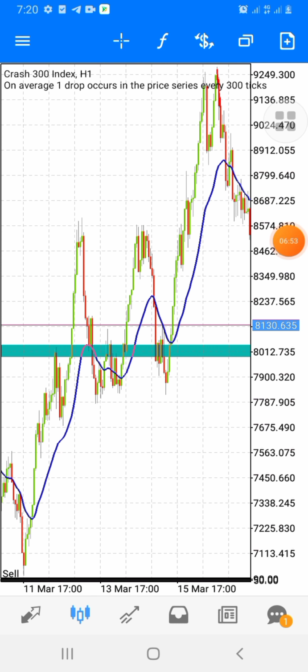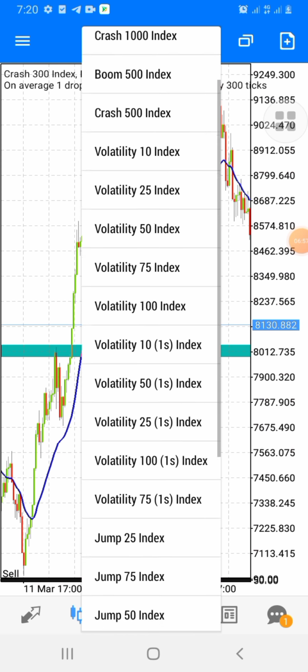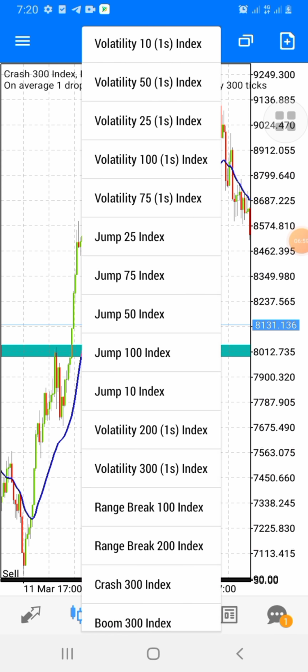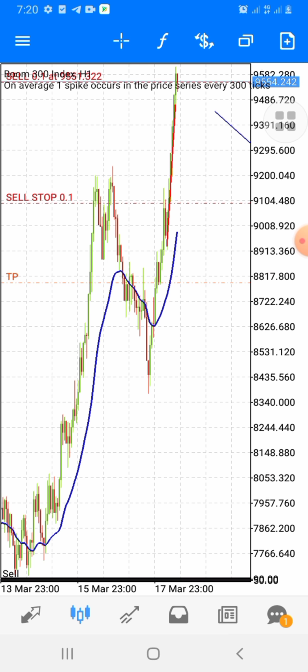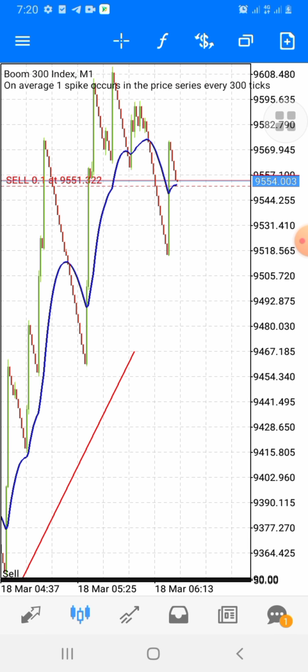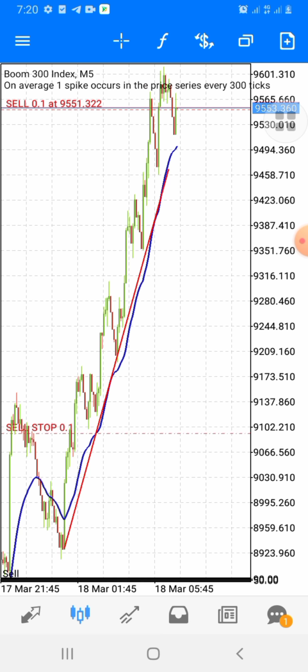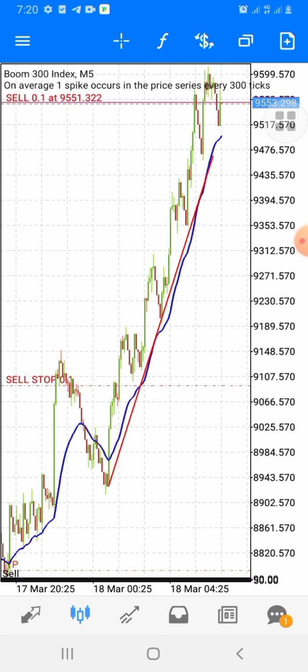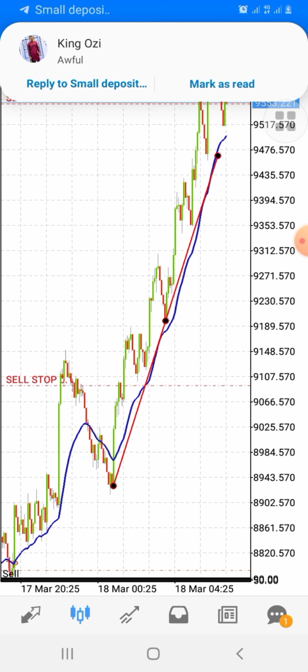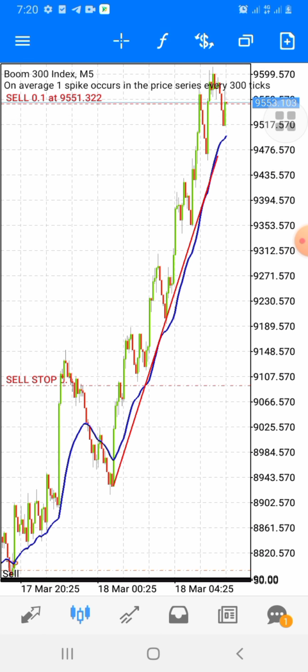Now let's also check the boom 300 again. Now here is boom 300, guys. There's a spike here. You see, I'm in a trade in this boom 300. I'm in a trade here, and then the spike happened on me. And why am I holding this trade? Because I should have closed this trade right here on my trend line, because